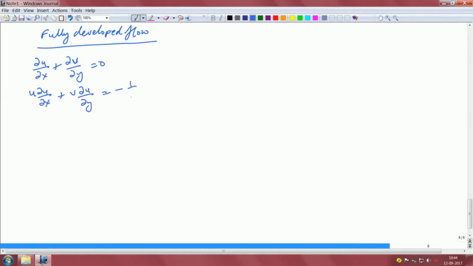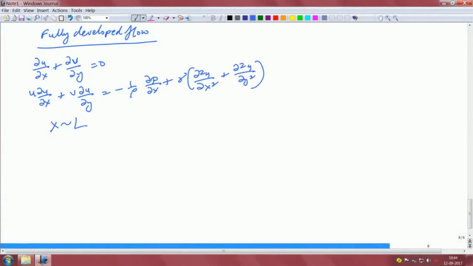I am writing the full-fledged Navier-Stokes equation once again. That is where we will start, and we will show what are the terms that we can actually neglect. So, we will follow the scaling argument here, and we will try to show how we can get to the revised version. Okay. So, here x scales as L as before, y scales as d, because the boundary layers have already merged. So, the scale of y is basically d, and the scale of u is basically u,